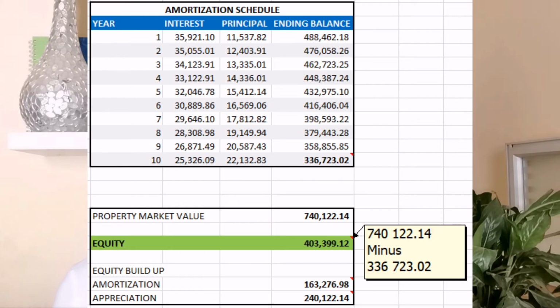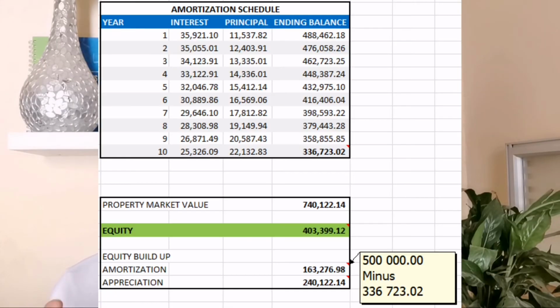So the difference between these is 403,399 pula 2 thebe. That is our equity, and this 400,000 equity is made up of two things: amortization, and